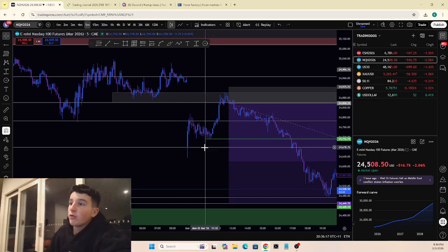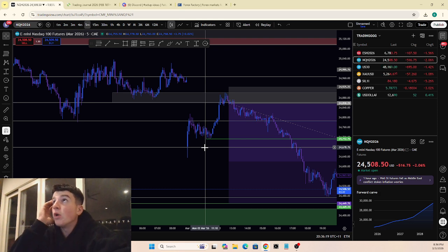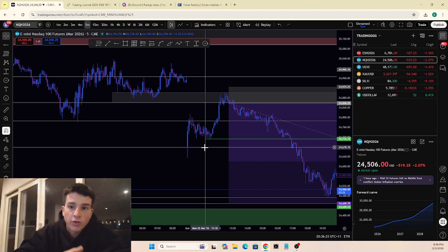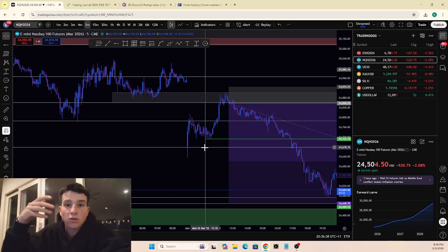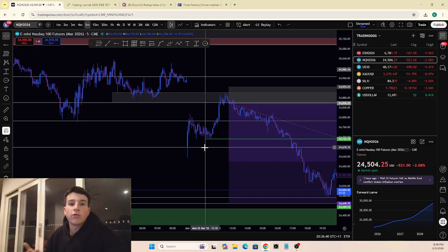TP1 was down here, these lows here. It was a risk to reward of a 2.5. I wanted 2.5 to get to TP1. So I entered with two minis or two micros, and then took one off and left one running. I usually like to have a lot more micros, but because we were so volatile, I couldn't do that and risk the correct amount. So